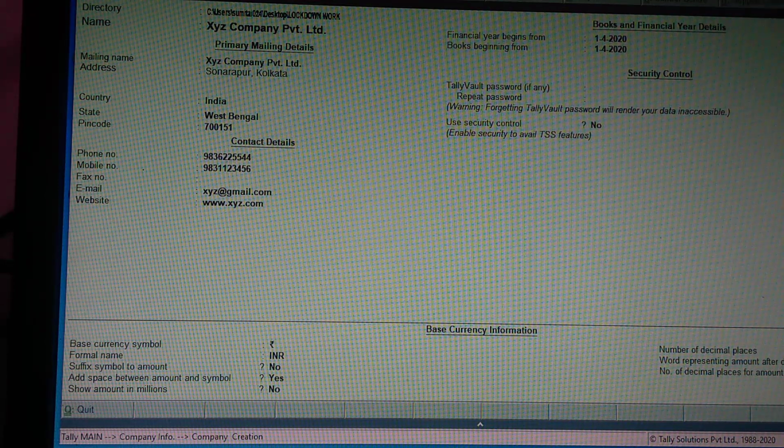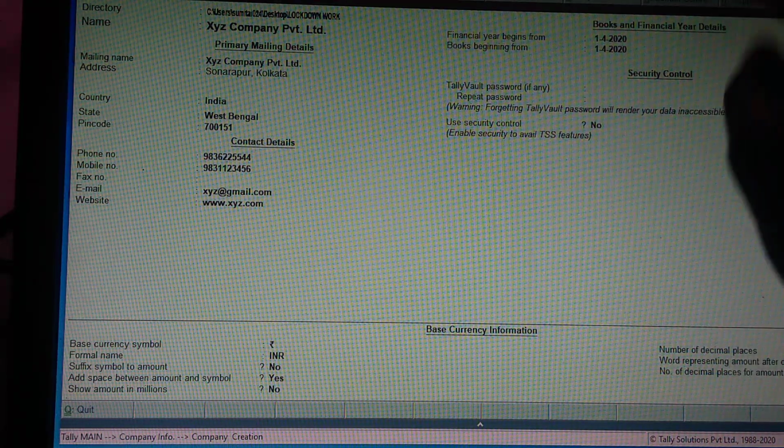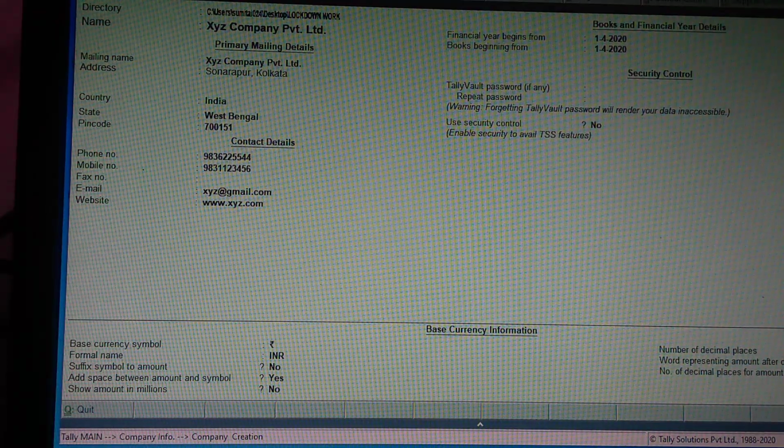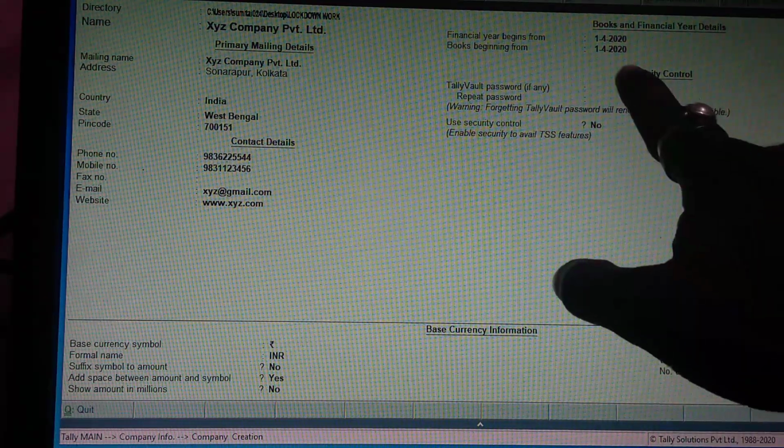Okay, and I'll show you another part, which is security control. If you want to protect your data folder from anyone, you can input a Tally vault password, but since this is your first class, I recommend you do not use this module.